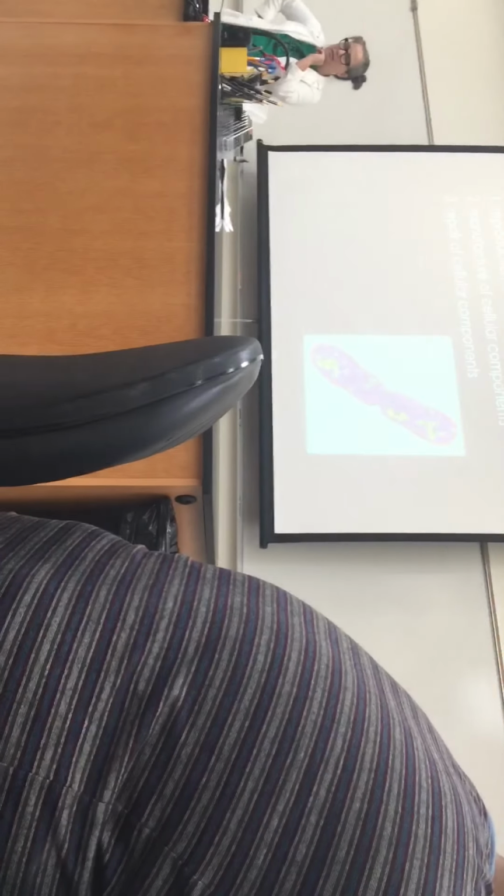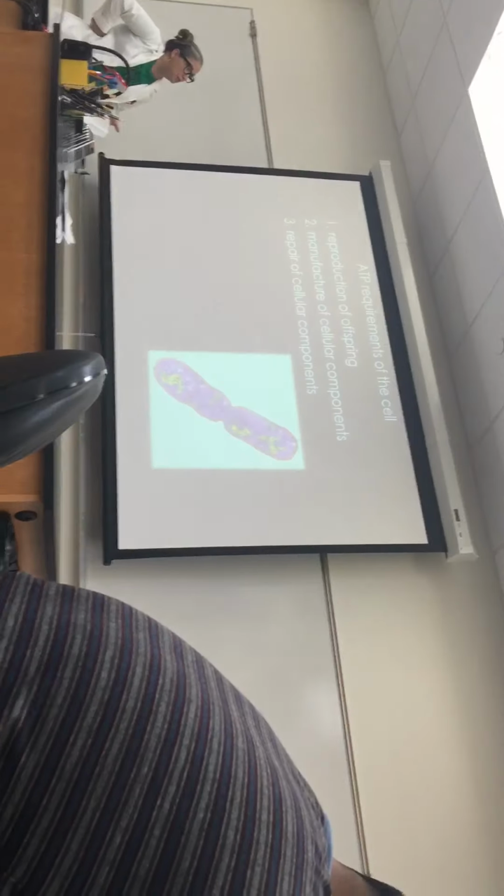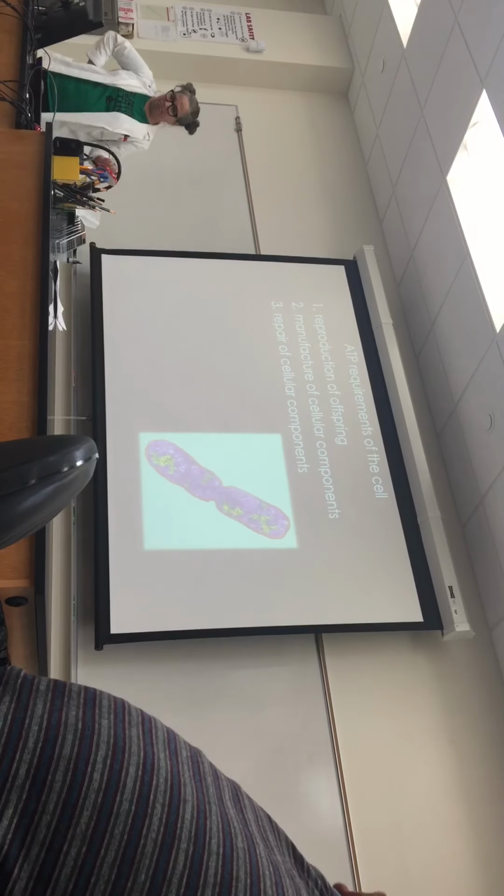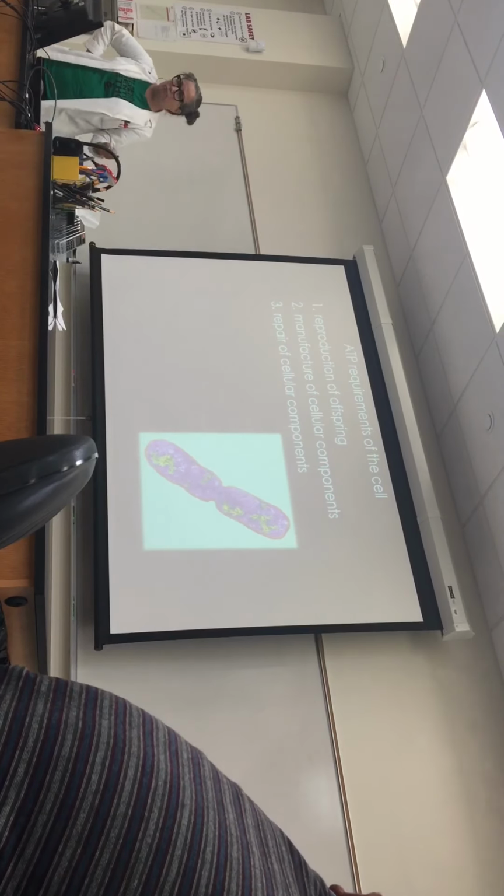Ribosomes, new storage granules, all of that good stuff that you have, you need to make enough of it so there's now enough for 2 cells. So for instance, you need ATP for the reproduction of offspring, which means also that you need to manufacture